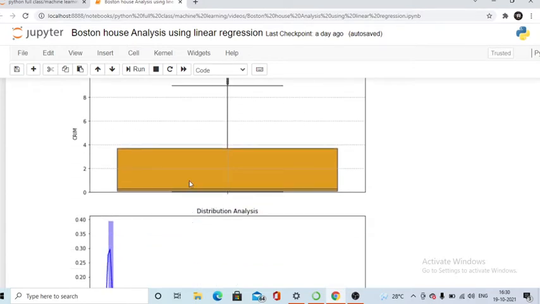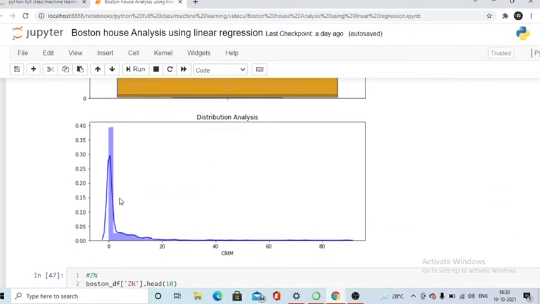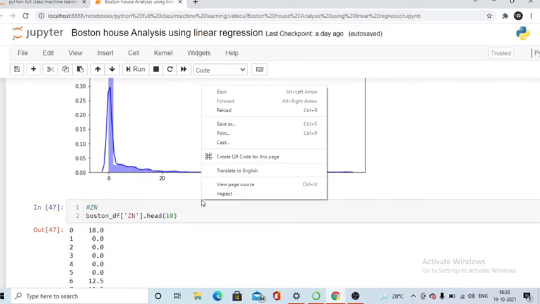Okay, so you can see this is the medial part, this is the starting part. So you have to understand, after that we have done the distribution analysis also. In the distribution analysis we are saying that it is positive skewed, the tail is forming on the right side of my data with respect to the crime and price. Okay, so this is the distribution part.